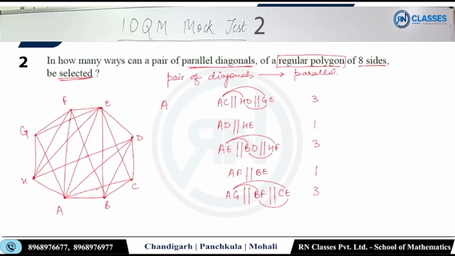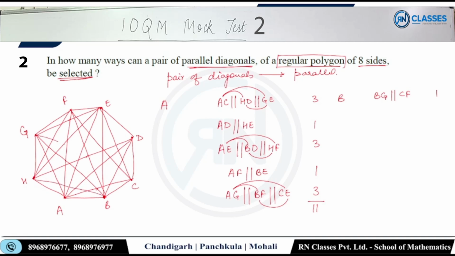तो A के साथ तो मैंने सारे लिख लिए, अब B से शुरू हो जाते हैं, ठीक है. A के साथ कितने बने, 3, 9, 10, 11, 11 तो यहां बन चुके. B से शुरू हो जाते हैं, B से C और A पे तो जा नहीं सकता, BD बना हुआ है, BE बना हुआ है, मैं BG बना लेता हूं तो CF बन जाएगा. B से बनाया, BG is parallel to CF, 1, बाकी तो count कर ही चुका था, BG पे हो गया. अब BH बनाना पड़ेगा,